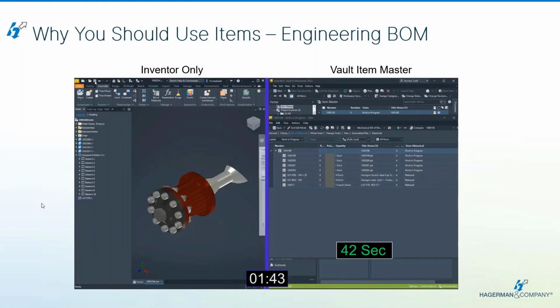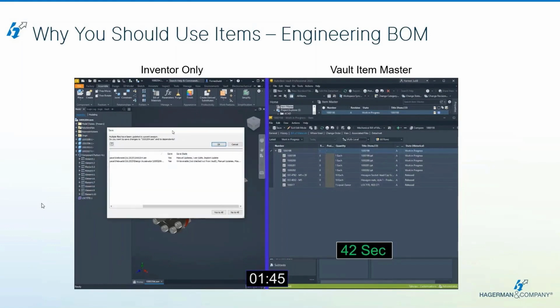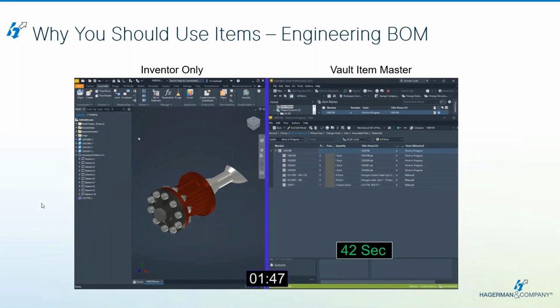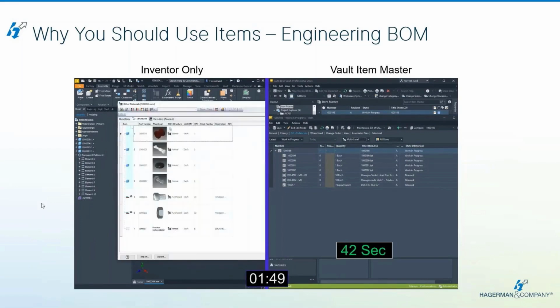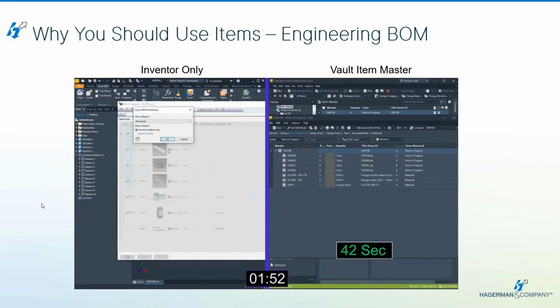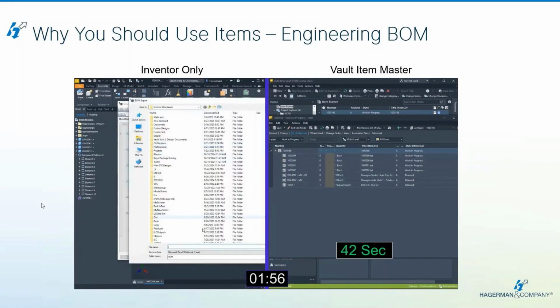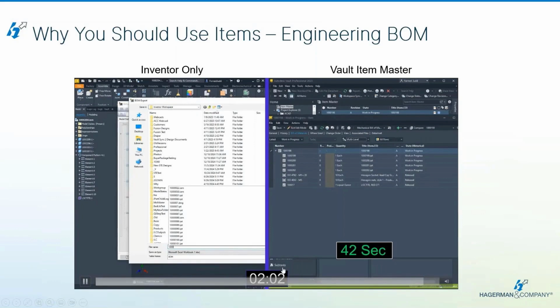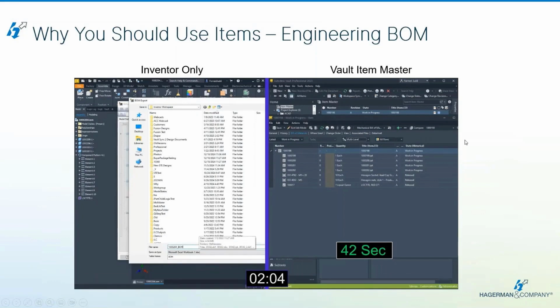That's the other thing, right? With Vault Item Master, the BOM is available without any access to the CAD data. To get to that same spot in Inventor, I had to dig up part numbers, copy and paste, export the BOM, and now it's available outside of CAD, right? It's almost a minute and a half later, right? And we're just now getting there,